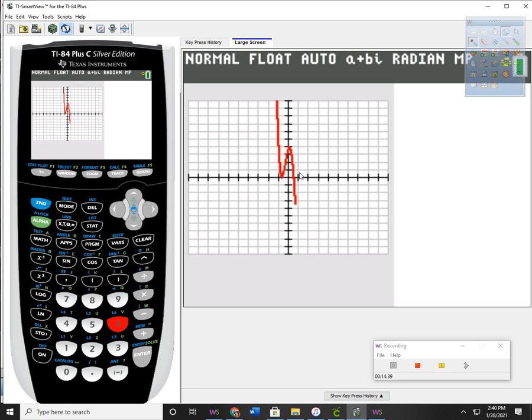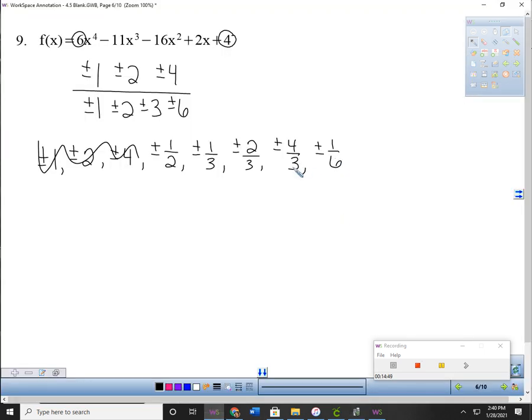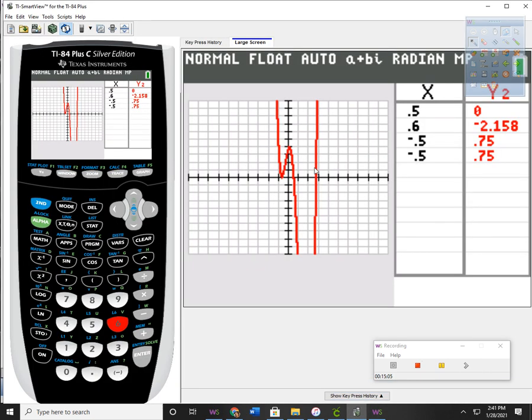We have a couple that are right here, and we have one right here. This one is in between 2 and 3, right? So that means that the bottom number of your fraction would have to be able to go into the top number 2 times and a little bit more, right? Do you have any options like that? 3 does not go into 1, 3 does not go into 2, 3 goes into 4 one time, right? 6 doesn't go into 1. You don't have any options that are bigger than 2, so this is going to have to be something different,